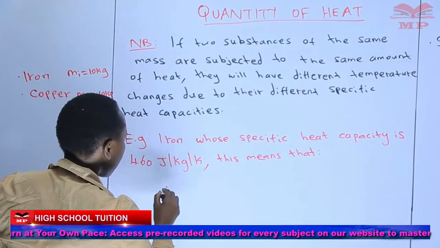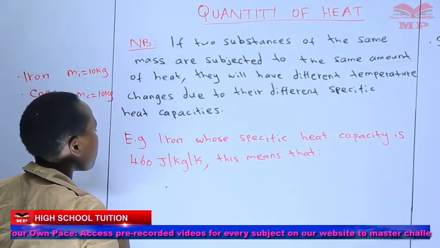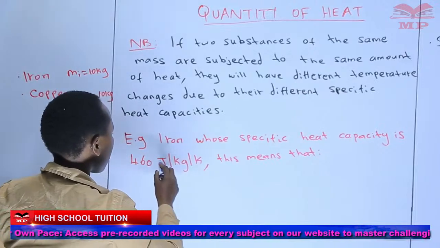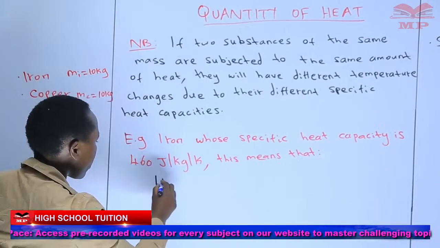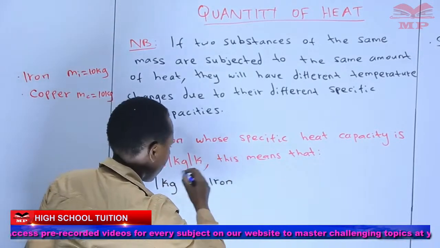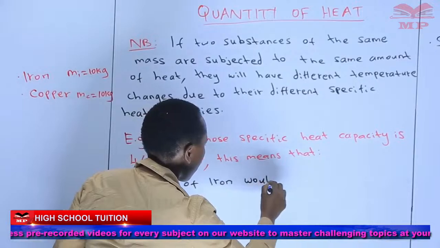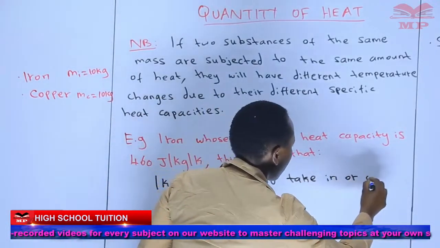So we can say the following, that because we have 460 joules per kilogram per Kelvin, it means that 1 kilogram of iron will therefore take in or out